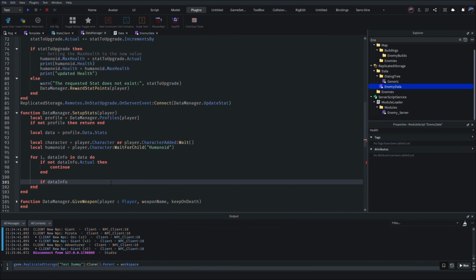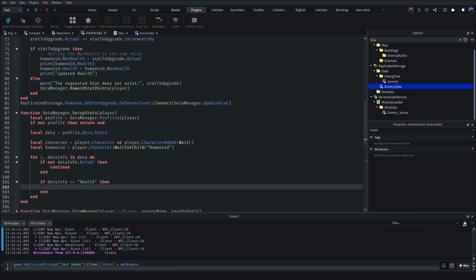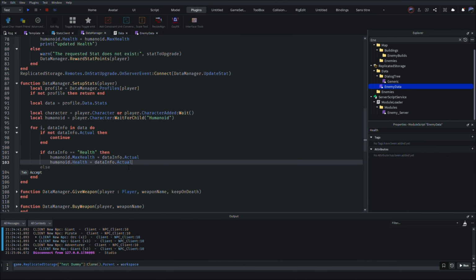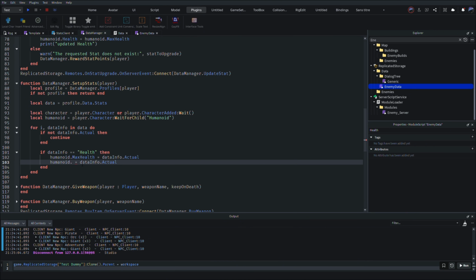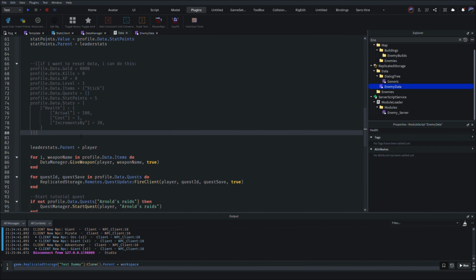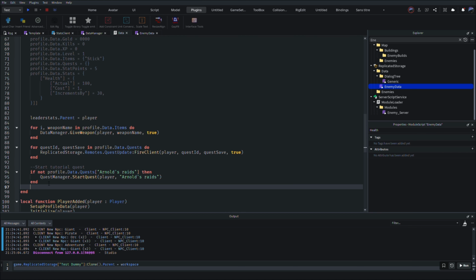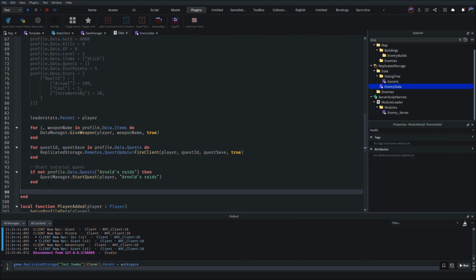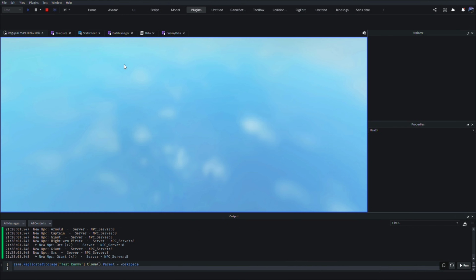Hold up, if data info equals health, then I'm gonna set this, yep, there we go, .Health equals humanoid.MaxHealth, and then we can just call this inside of the game. So then we get DataManager.setupStats player. Great. Now if we just do this,